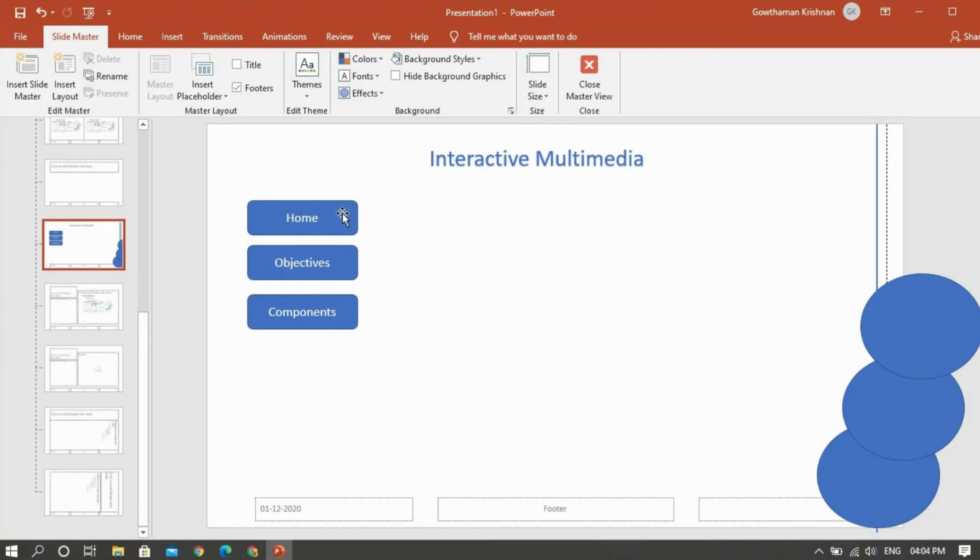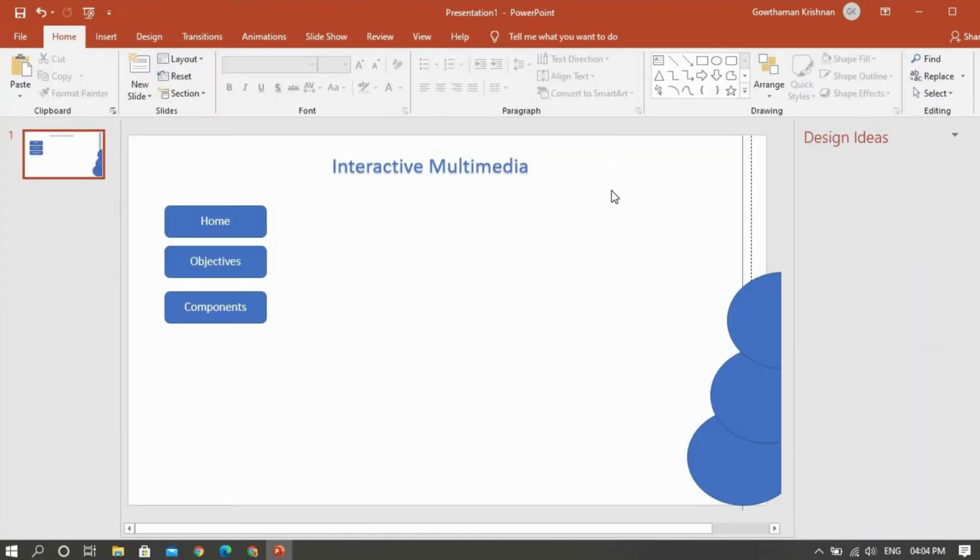So minimum I have created only 3 buttons. Let's see how it will work. And then you can close this master slide. So now you see this is my designing part, where this is the heading and then all the components, that means buttons, are there. Still I have not given the navigation here, but the buttons are available.